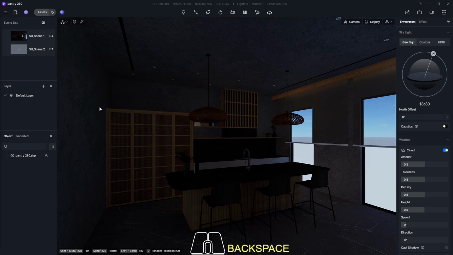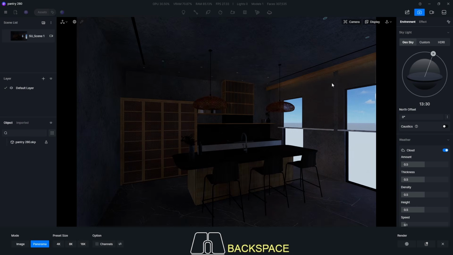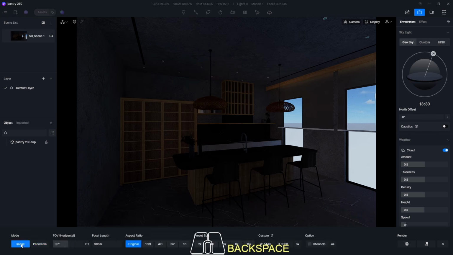Usually the first step, I will delete this second scene because it's the same scene, so we don't need that one. Let's delete it and then move to image mode, so we can see this is the view for rendering result. We'll change to image. Okay, as you can see here, this is the view